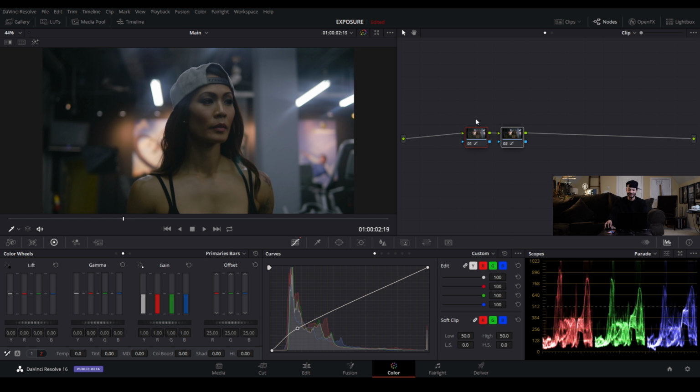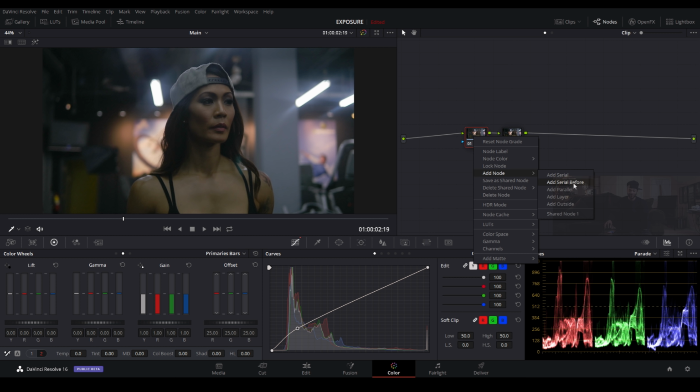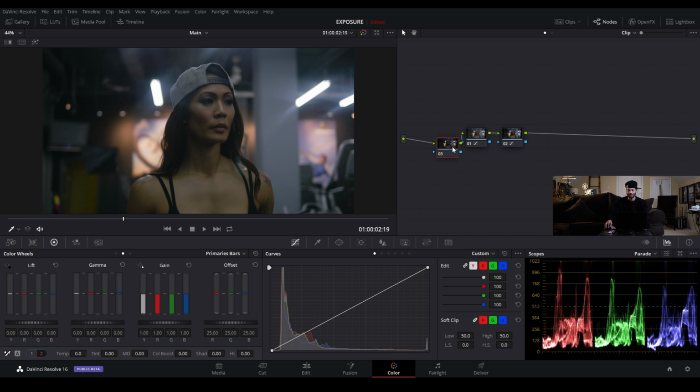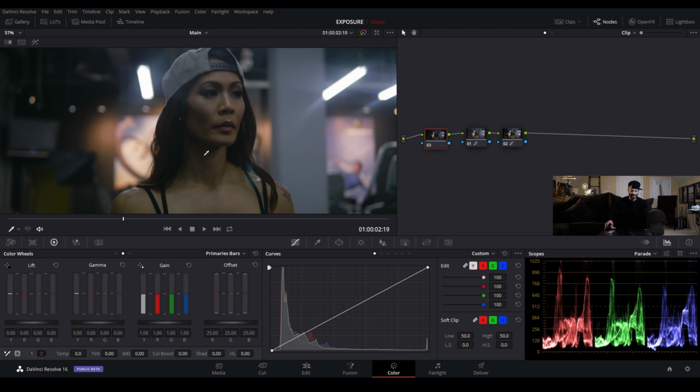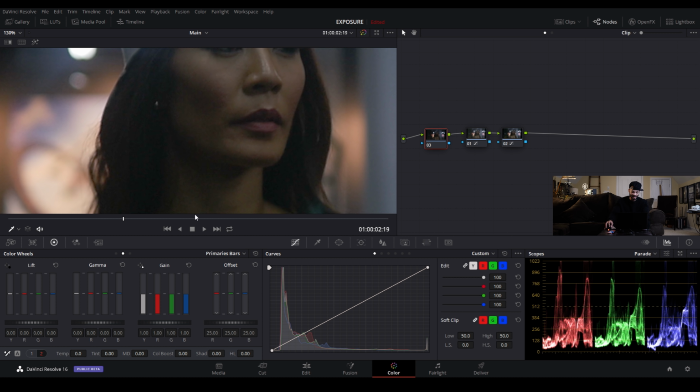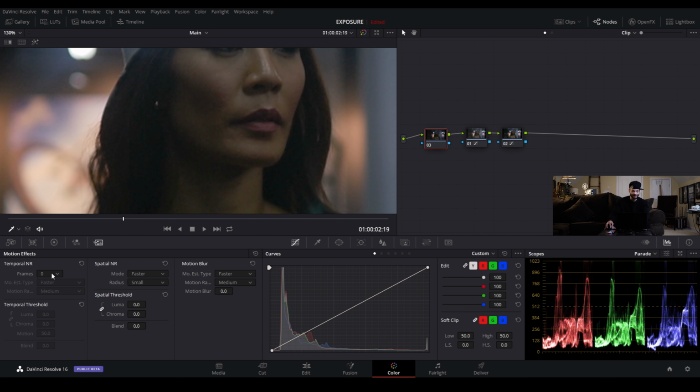And so the next thing I'm going to do to dilute the imperfection, right click this first node, and I'm going to go to add serial before, which will add a node before that one at the very beginning. And I'm just going to denoise, because you can see there's just tons of noise here. So if you have the studio version, you can come over to the motion effects,